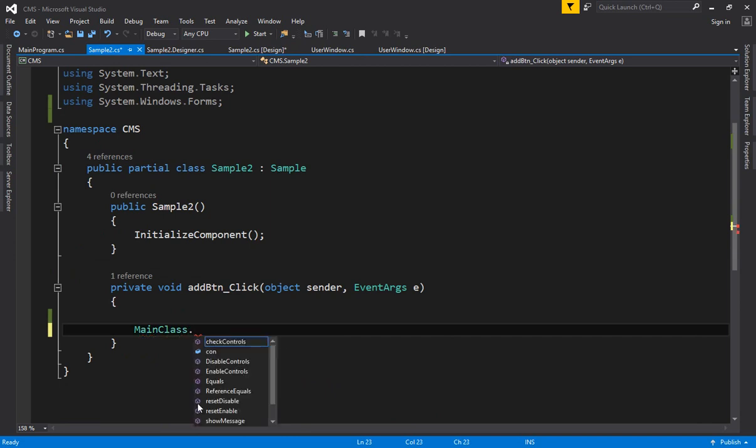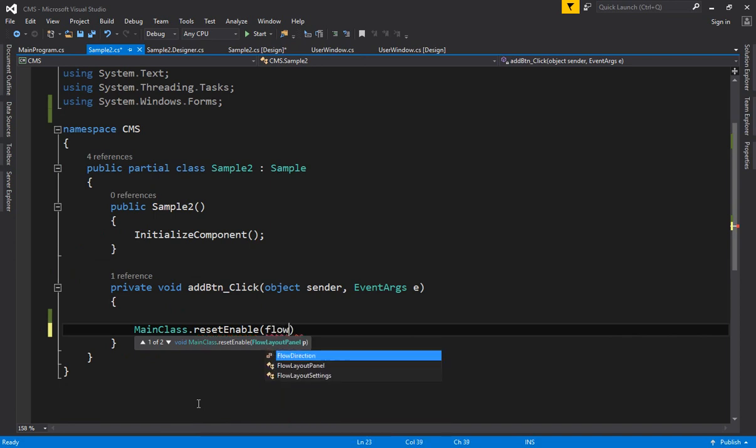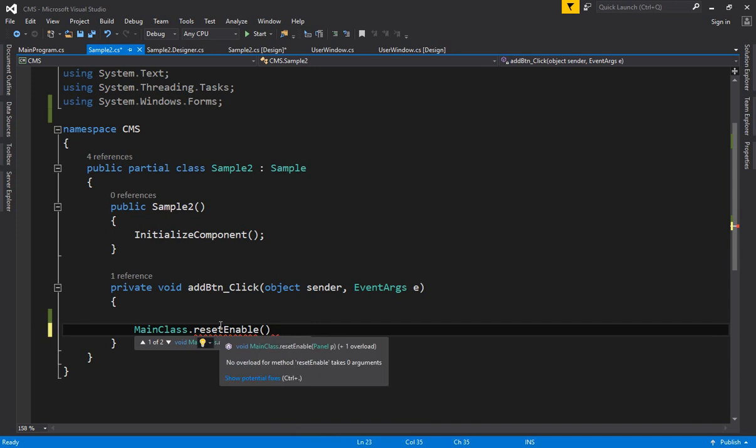So main class dot, what I wanted to do is enable my controls and reset. So enable reset or reset enable, so that when you click the add button, the controls on the left hand side panel, that is the flow panel, should be reset and enabled. So look, I have two overloaded versions. I can reset my controls with respect to panel and with respect to flow layout panel. So flow layout panel 1, what's the name of my panel? Okay, look, I don't have my